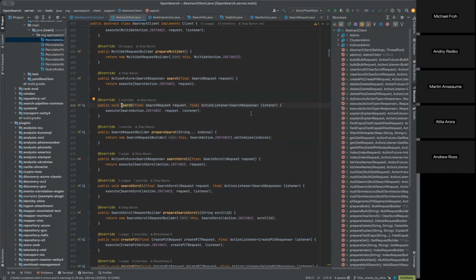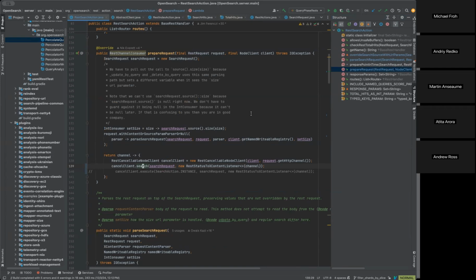I kind of like the idea of the extra layer of indirection. I like the idea of saying I'm going to use my node client and actually call search on it. Again, functionally, it's exactly the same thing. So when we call execute on an action, this is something that I've shown a couple of times on the